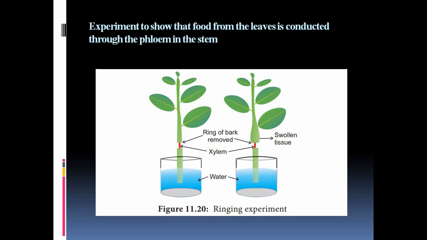Now what will happen to the plant ultimately in future? Will the plant survive like this? No, the plant will ultimately die. It is because the root will not survive. How long will the root survive without food? When the stored food is over, the root will die, and if the roots die, then naturally the plant will die.